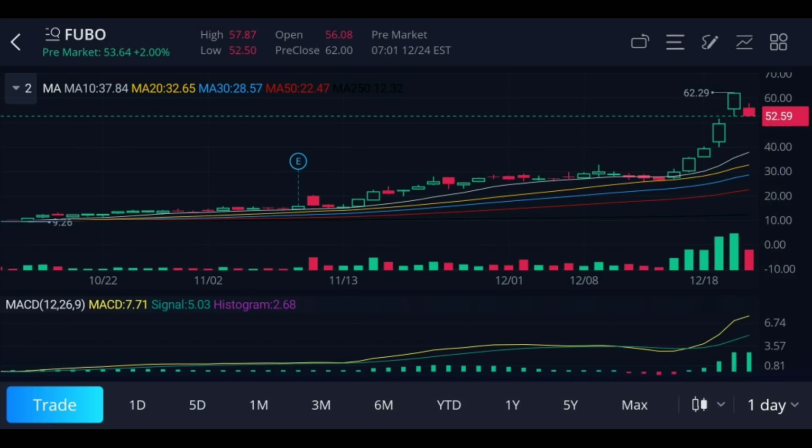So back to the topic of FUBO. Basically, here's what's going on. I told you guys in the last video that on December 30th and January 1st, we are expecting that the shareholder lockup period will expire, which presents a temporary short-term problem for us because it will more than likely result in share price going a little lower.